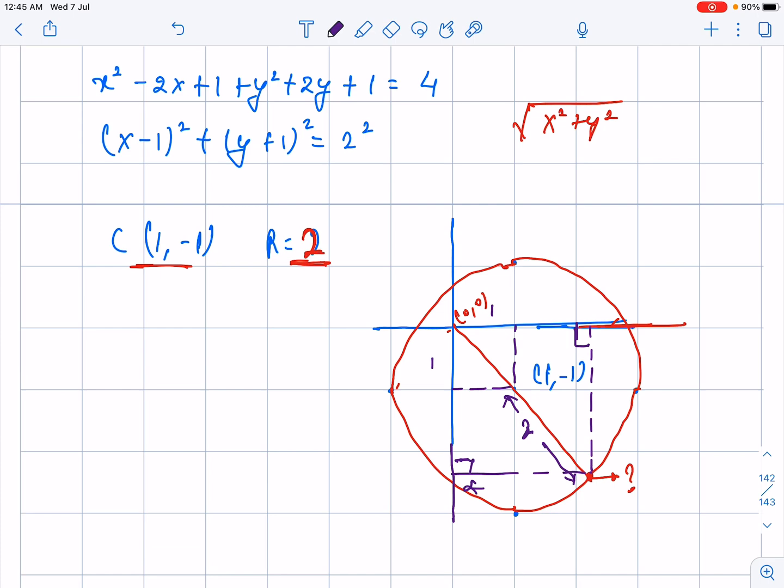So this much will be becoming what? Let us suppose this is the x value of the coordinate, and this is the y value of the coordinate. And one most important thing: the x value of the coordinate will be equal to the y value of the coordinate, because the line is inclined at 45 degrees. So if it is 45 degrees, with the 90 degrees it will also be 45 degrees.